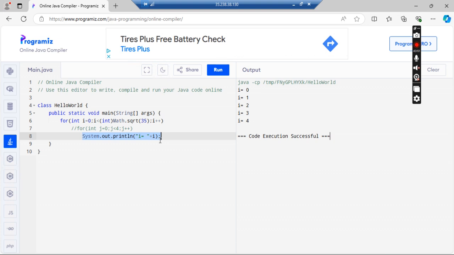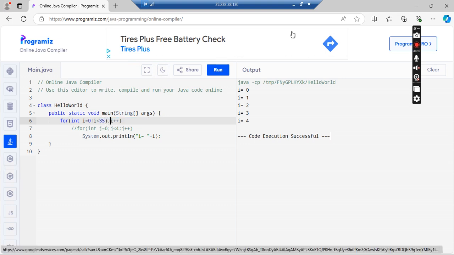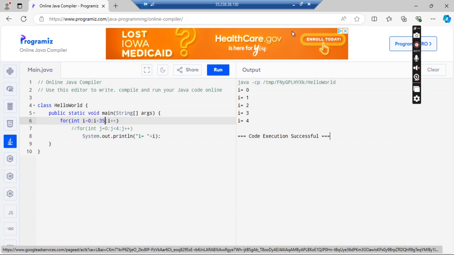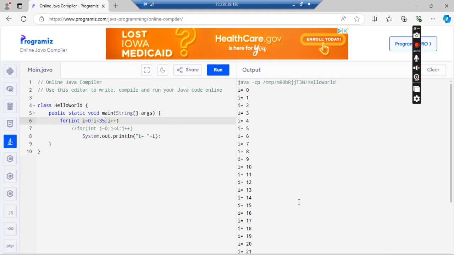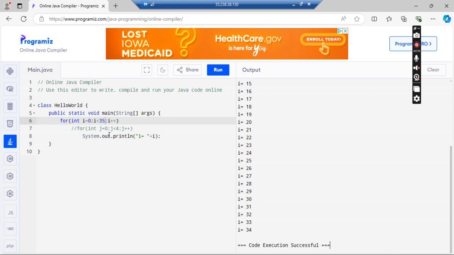So if you put it in this loop, it is equivalent to 5 statements. If you don't have the loop, and say i is less than 35, then this is equivalent to 35 statements. If you put it in a loop like this,